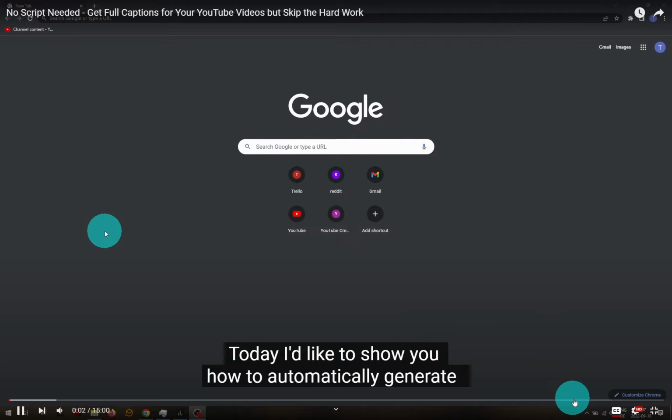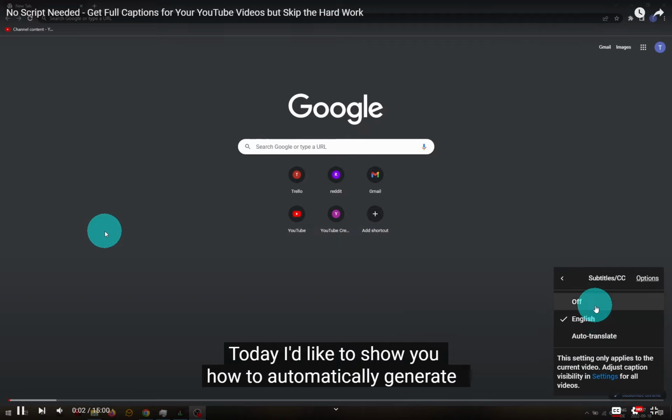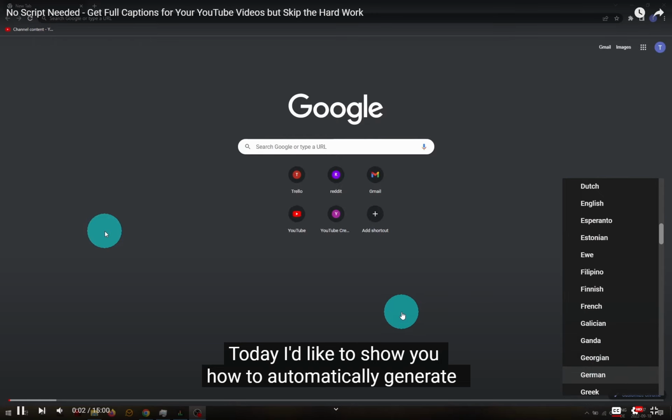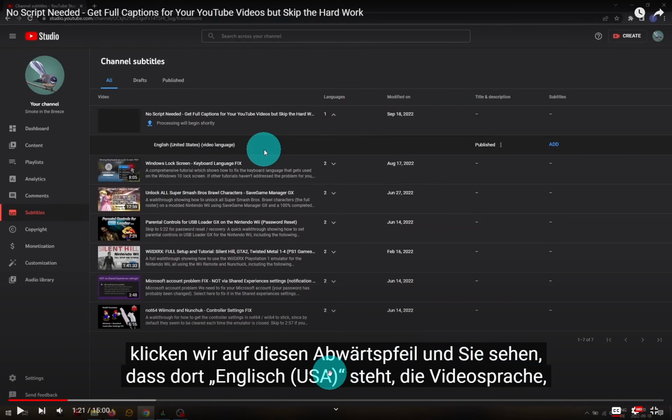So I've refreshed the video, and now when I go back into the options for subtitles, there's only the English option. And also we have auto translate now. So let's pick German. And now I found this caption that I mentioned earlier where it says, which is the video language? And when it got translated into German, it did it properly. It kept this relative clause completely on the same screen.